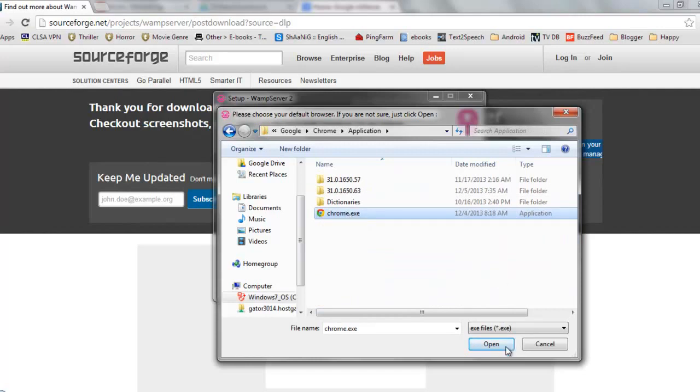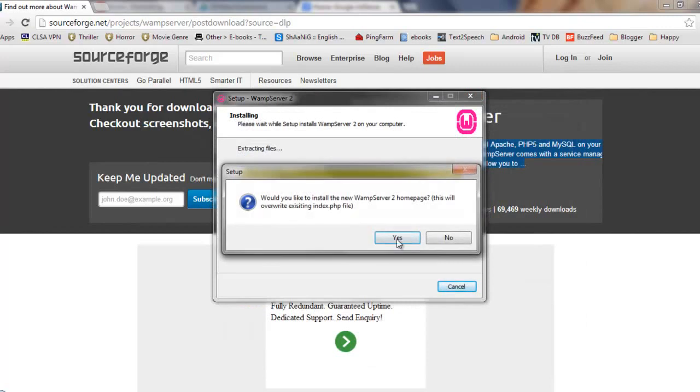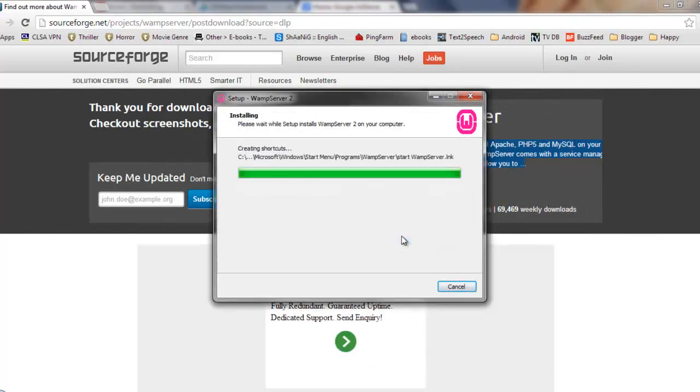Here, okay, so I'll select chrome.exe and select open. Now your WAMP server is mapped with your Chrome browser, and in Chrome you can start your local web server.